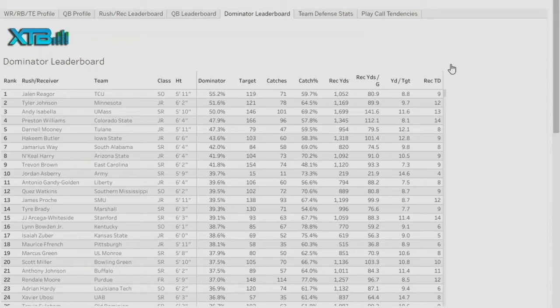This page is going to allow us to filter by Dominator rating and any of the associated metrics like targets, catches, receiving yards. In particular, this metric illuminates certain under-the-radar players that maybe played in a run-first offense. One example off the top of my head is Marquez Valdes-Scantling, now of the Green Bay Packers. So this tool is particularly useful for those of you examining the NFL draft,